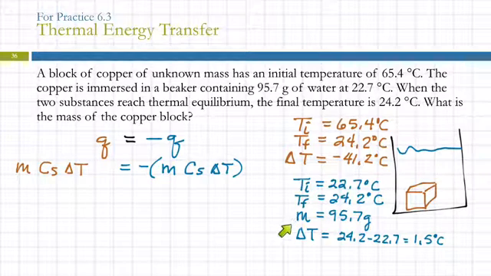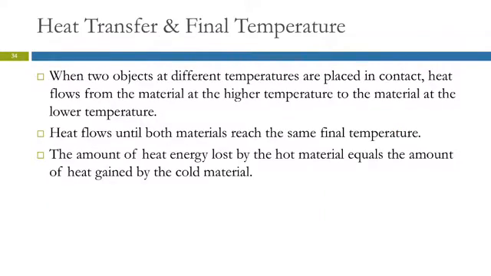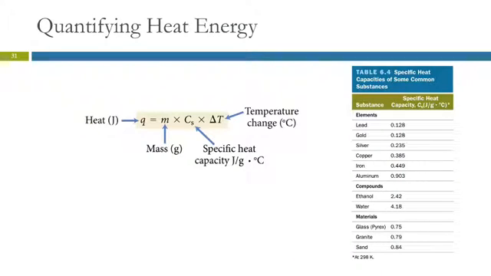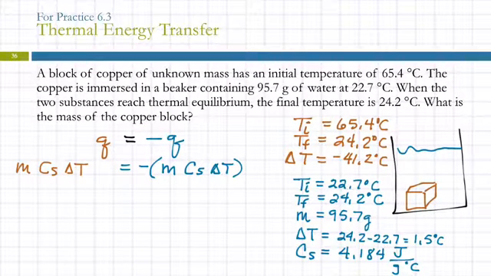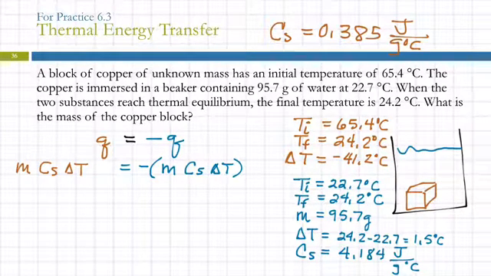Well, we've got the mass of the water, we've got the change in temperature for both of them. We're missing specific heat capacities. We have to go look them up. So I remember the one for water. The specific heat capacity for water is 4.184 joules per gram degrees Celsius. I almost remember the one for copper, but I'm not going to trust that memory. Over here, copper, 0.385 joules per gram degree Celsius. I'm going to stick it up here. I ran out of room. 0.385 joules per gram degrees Celsius. So the only thing we don't know is m